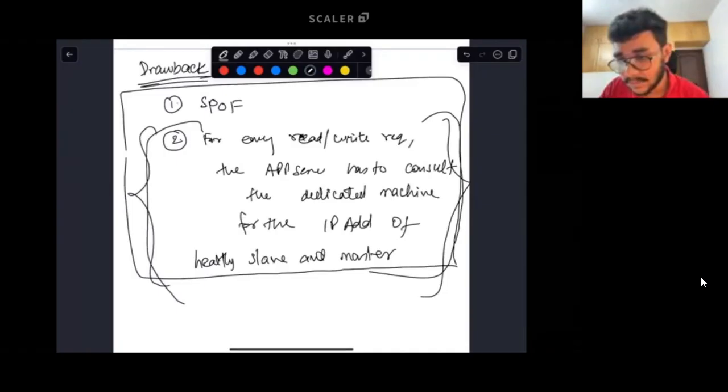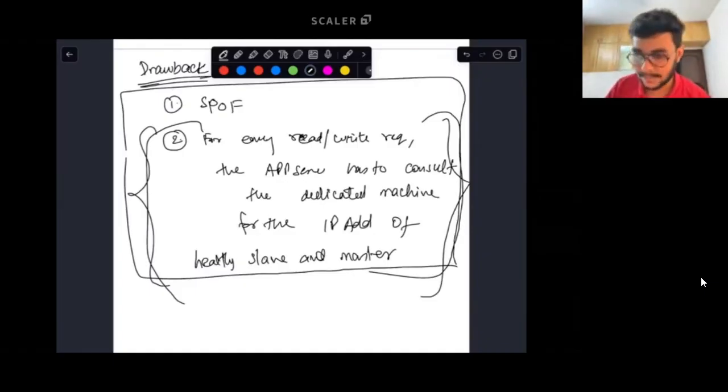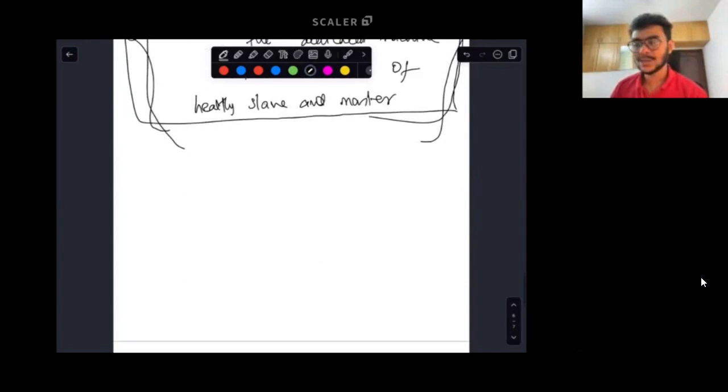Dedicated machine can update the server only when there is a change. Yeah, that is one way in which we can solve this problem. You're absolutely on point. Dedicated machine can notify the app server only if there is a change. Yes, Shri, yes. You guys are coming to the solution. Very nice. That is awesome.